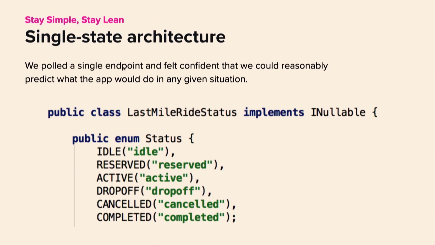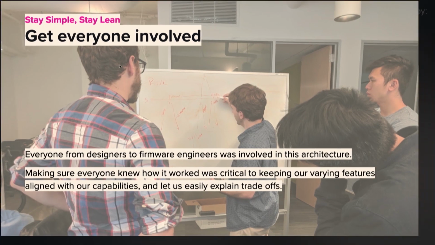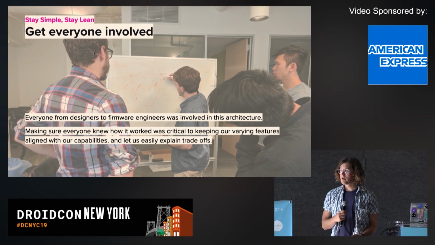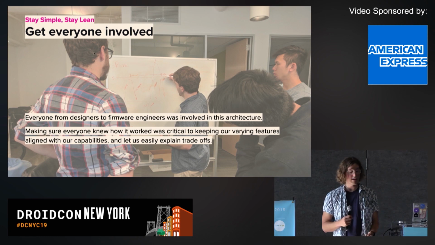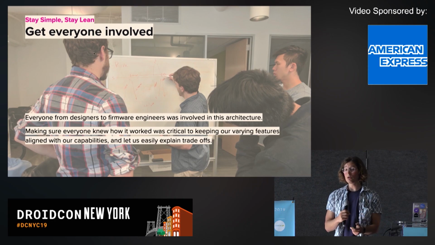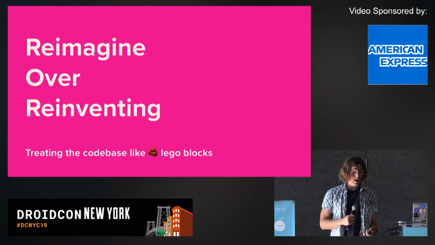But we didn't just stop there. We made sure that all the stakeholders who were part of this architecture were bought in. This was not just the client and server engineers, but this was firmware engineers and hardware engineers, because the scooters needed to be an integral part of this. But we also got the product managers, the directors, and the designers involved as well. Sure, maybe it was just an FYI, but we wanted to make sure that this fit their needs, where they saw things expanding. And we also gave them the ability to say, this is what we built, these are the things we can easily do within it, and we gave the ball back to them and said, now it's your turn to decide where we want to go from here. This empowered them.